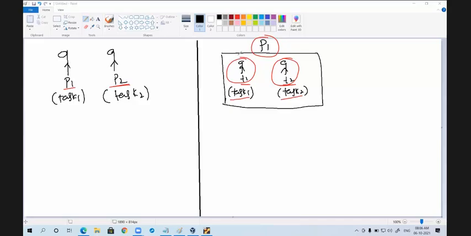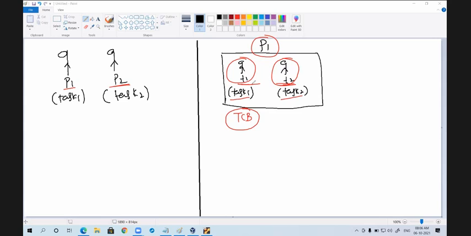Now here, in the thread case, two PCBs are not created. Only a single PCB. But for every thread, there is one separate block in the PCB, that is called a TCB.